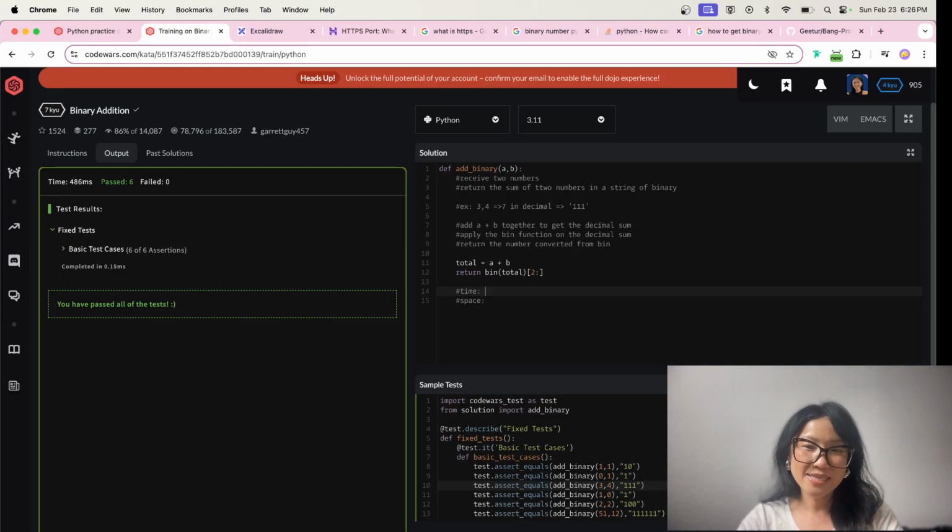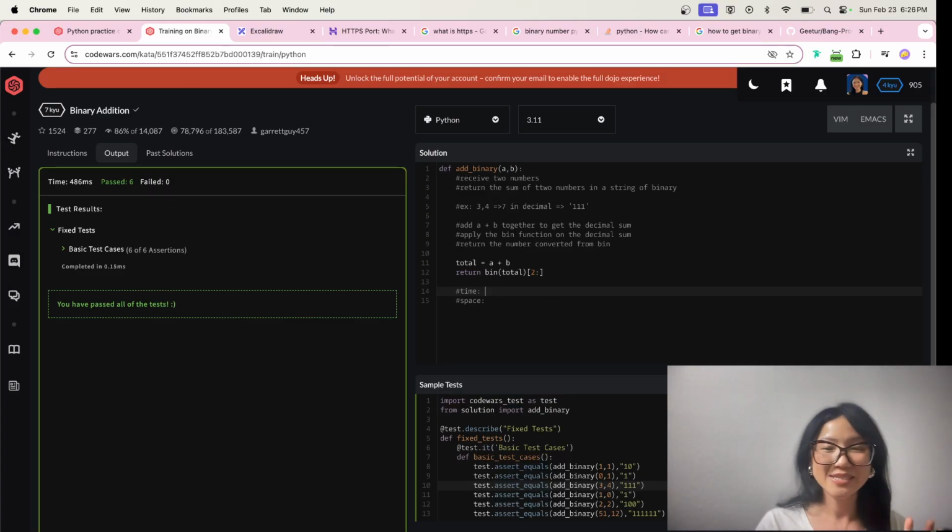Space wise, since we are creating memory in space with total, but it's not O of n, I'm going to say it's O of 1 because we're always only dealing with two numbers. So I'm going to go ahead and stick with this. Since we're only dealing with two numbers,